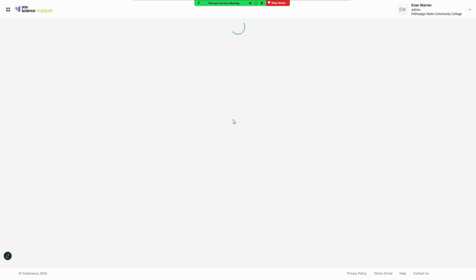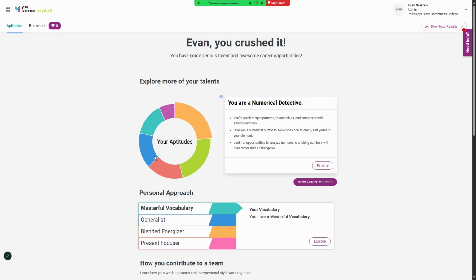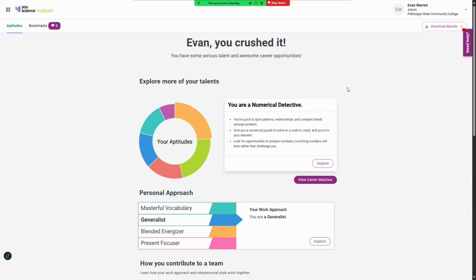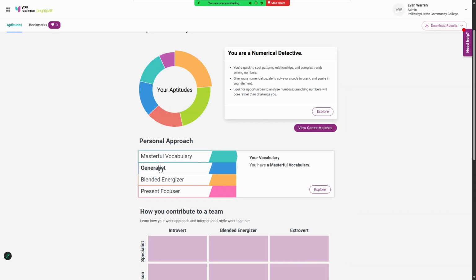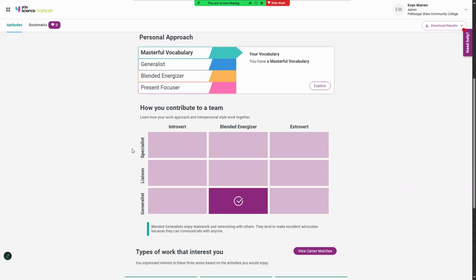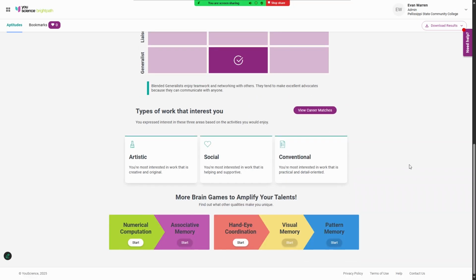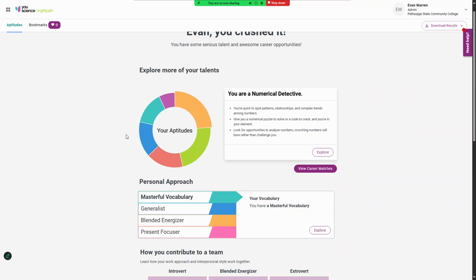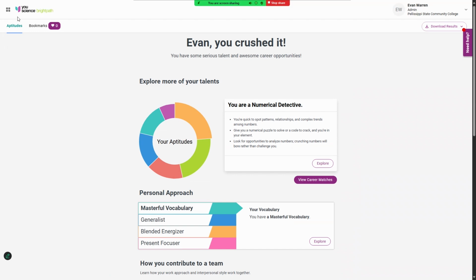If we go to Discover Aptitudes, this is where you did your assessments. And you can see here, I have a generalist personal approach. I am a blended energizer generalist. It shows the types of work that I'm interested in. And then down here, it gives me a number of other brain games that I can take to amplify my talents, which just means it'll give me some more results that I can look through when I'm reviewing the career